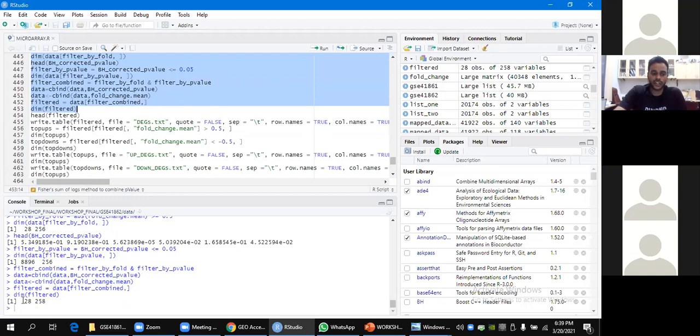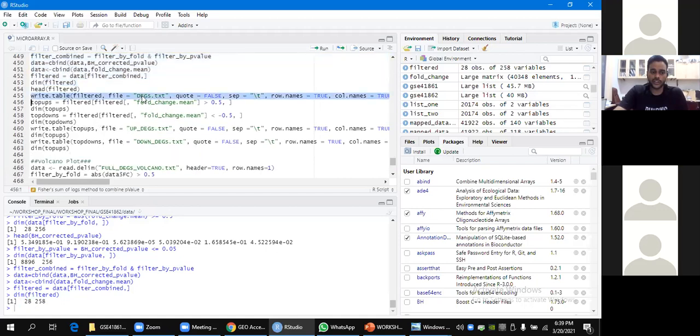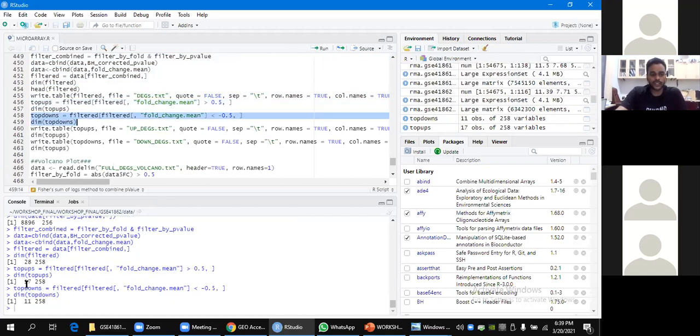There are in total 28 genes only out of 20,174 intersecting genes that we would be naming as DEGs, differentially expressed genes, in both the conditions. How many are upregulated? 17 genes, and downregulated would be 11. From 28, 17 genes are upregulated in the asthmatic conditions after